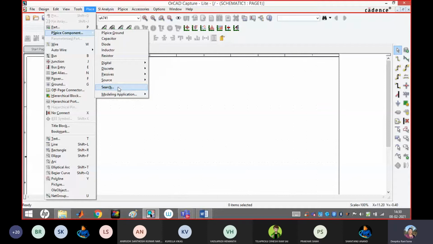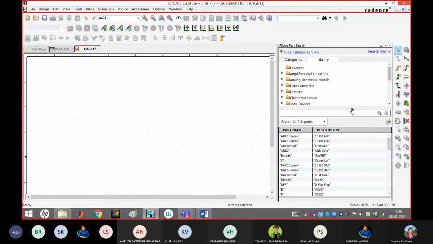I'm not so fast. Ma'am, what do we need to search there? Yeah, that's why I was waiting for you there. Okay, so let this window open. Here again the same thing, you have to search. Here we have to search IC741, but in this OrCAD PSpice the abbreviation for IC741 is UA741, not MU.